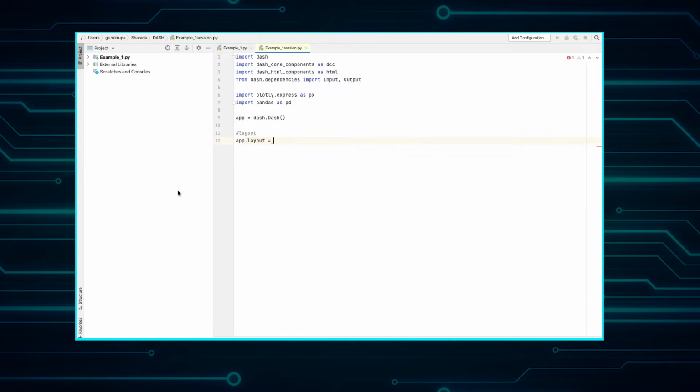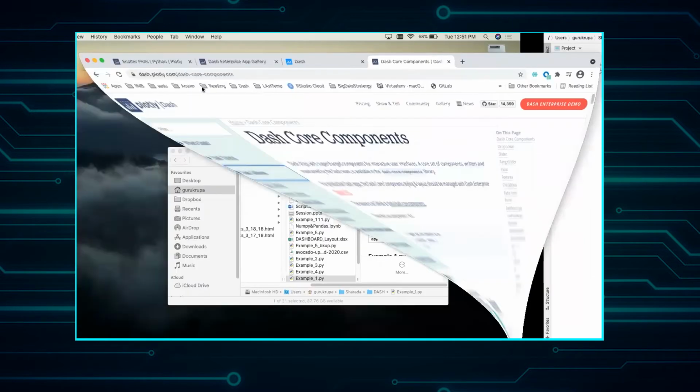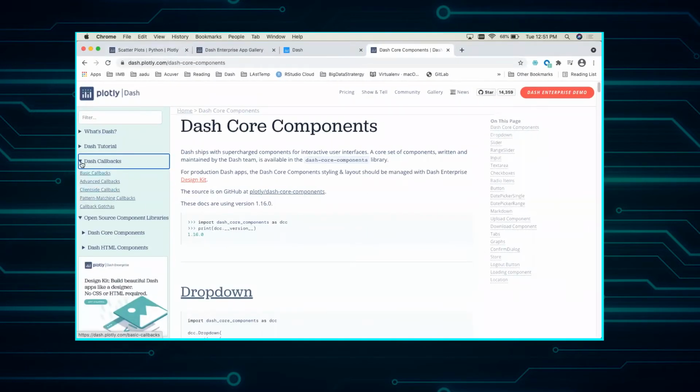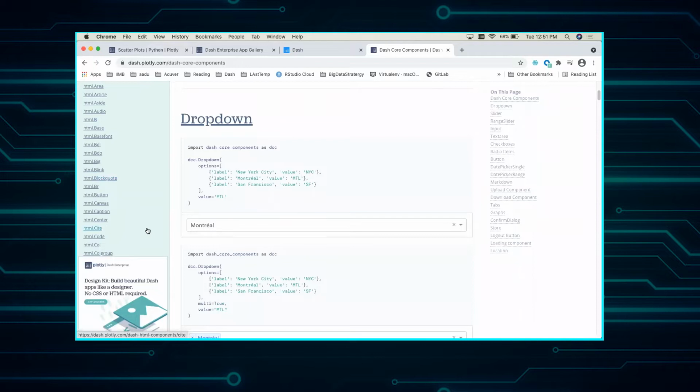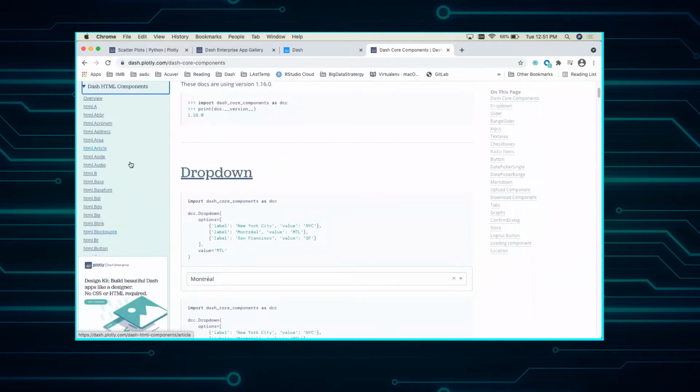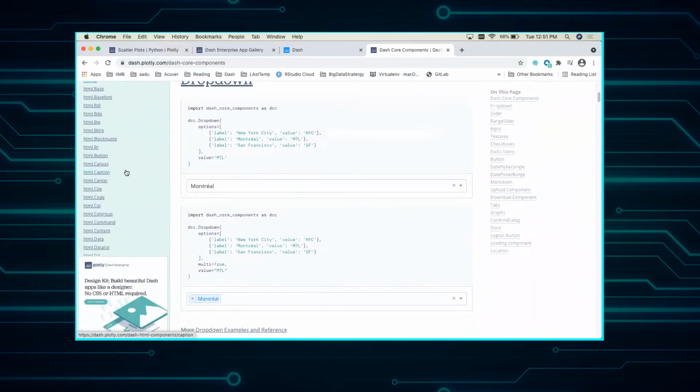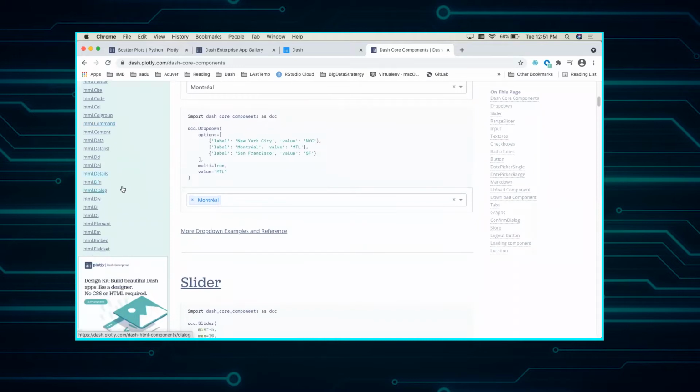As said earlier, you can find different HTML components which are supported in the documentation here. You can see there are different kinds of HTML components like table, there is header, H1. We can use any of these to build our application.